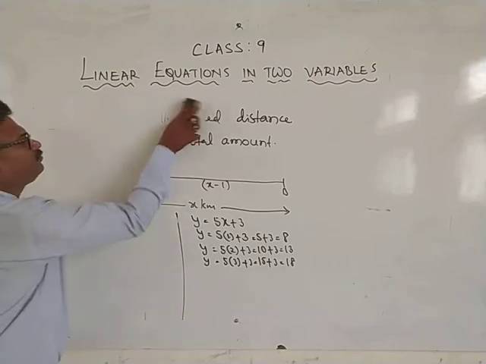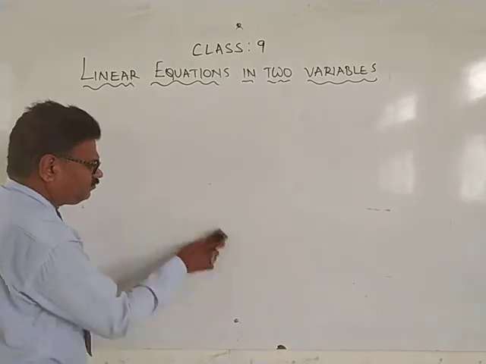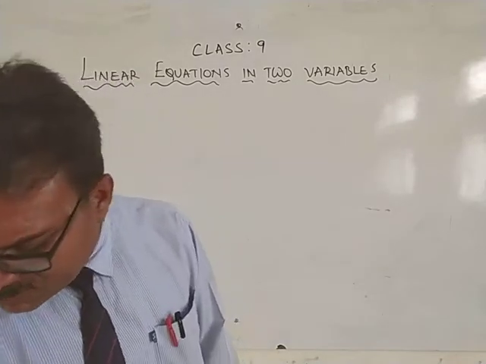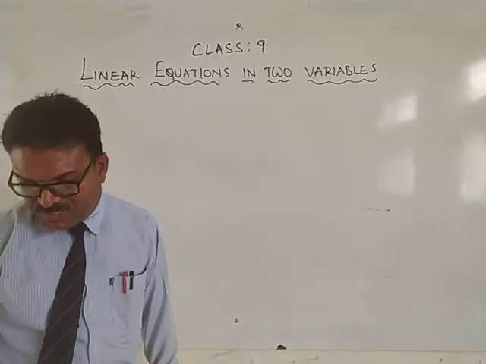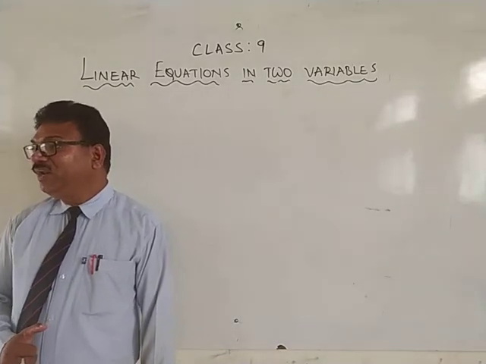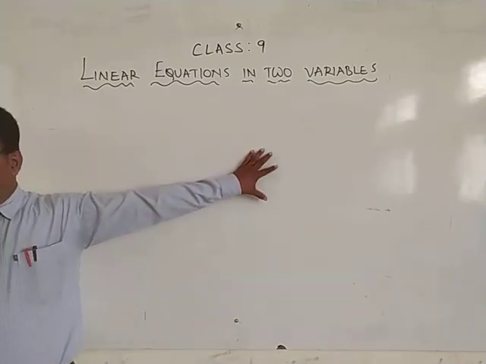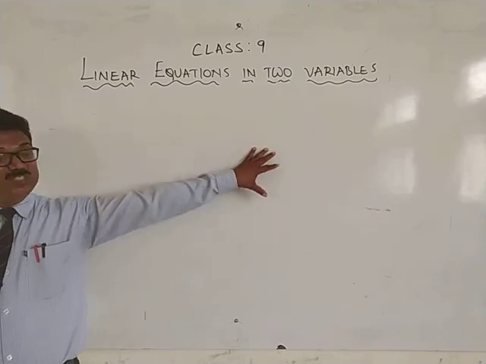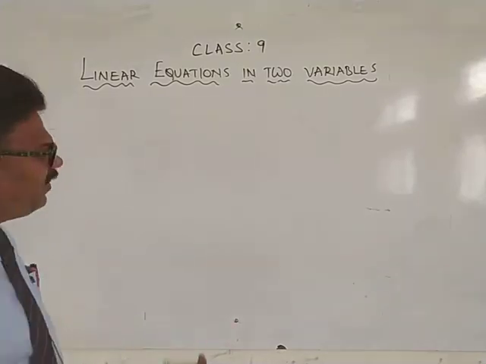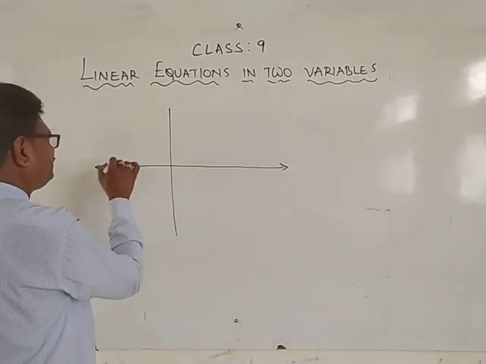Yes, next. Here, he has given two figures. We should find out which equation will hold that figure. Figure means he has already given the points. From those points we have to take out the equation. So how to take it out? Very, very simple. First, the figure I will draw. Very simple tactics are there.